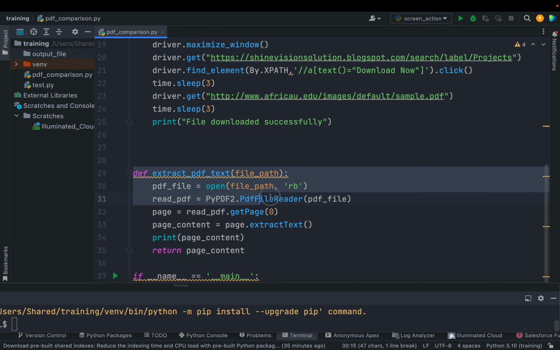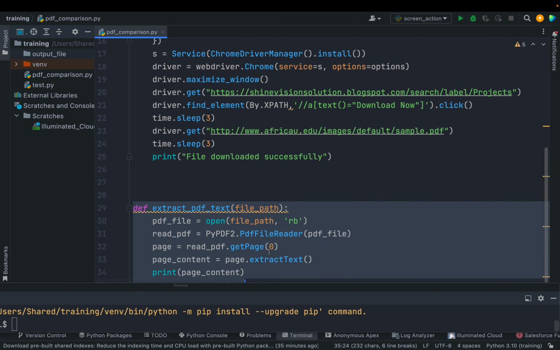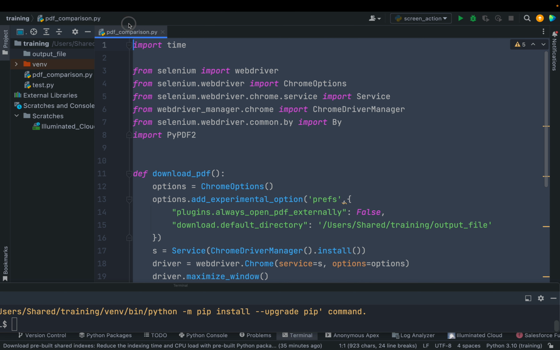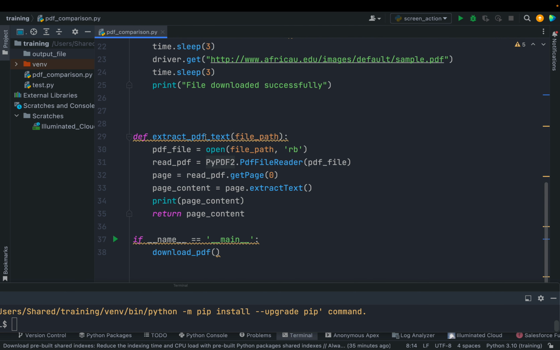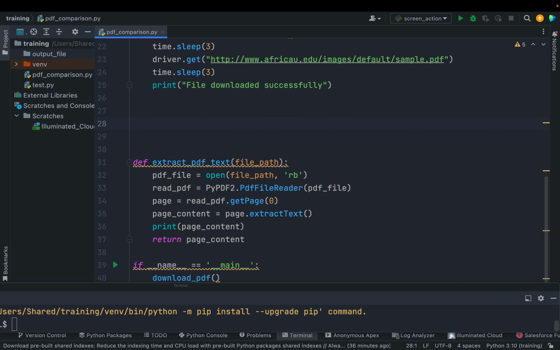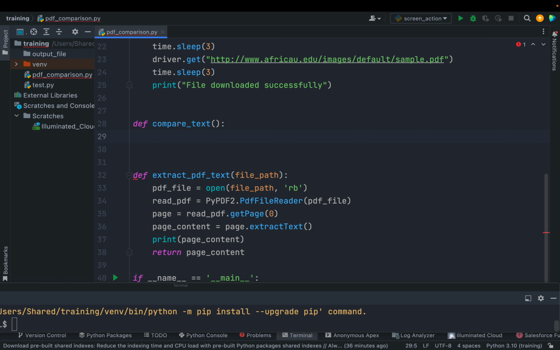Now we have the text from this PDF. We have already downloaded the PDF file. Now the only remaining part is to compare the text. For that, we can simply use the assert function. So now I'm going to use the compare text library here. And for that compare text library, first I will say like